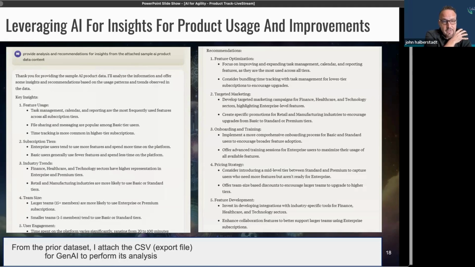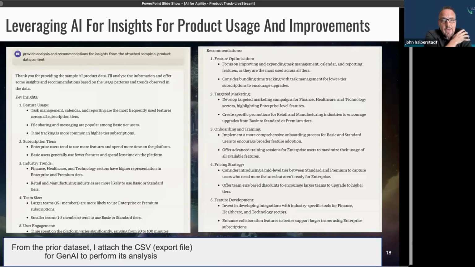And it not only provided that, but it provided the details of what features were being used. It showed things about the subscription tiers and those users and what they used. That is going to be golden for me to understand for paid users. How are they using the system? How much are they using the system? And again, that can be something that I can use from a product perspective of saying, do we want to do more about basic users because they're using fewer features in less time? Maybe I want to double down on enterprise users.